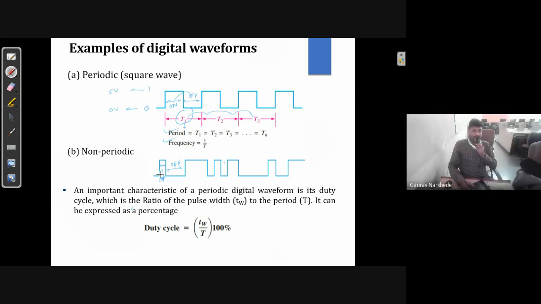Yes sir. Can I call it a rectangular waveform? Okay. Second thing, we cannot calculate its frequency for this non-periodic signal, but we can calculate the duty cycle,